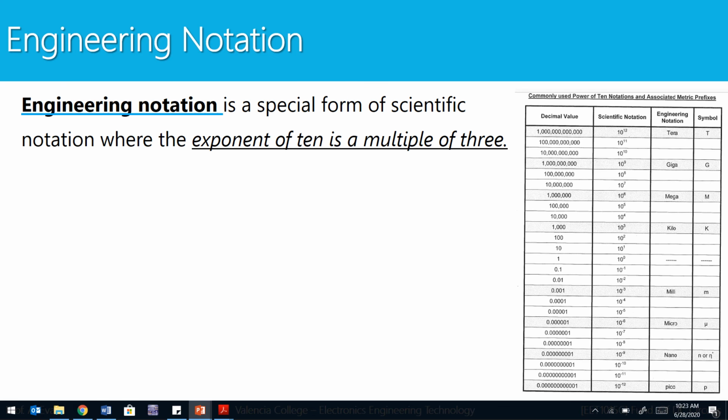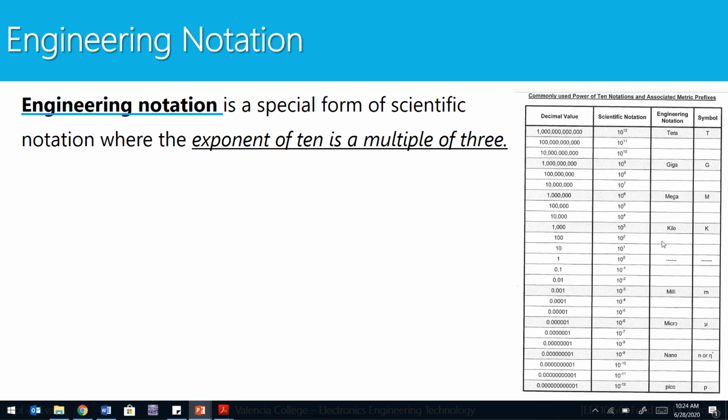From scientific notation, we can now have engineering notation. It's a special form of scientific notation, where the exponent of 10 is a multiple of 3. That means that every time you move that decimal point, you're only going to move it in groups of 3. You're going to move it 3 times, or 6 times, or 9 times, or 12 times, but not anything in between. Once we do that, we come up with a method of writing our final answer in engineering notation, which comes with an engineering